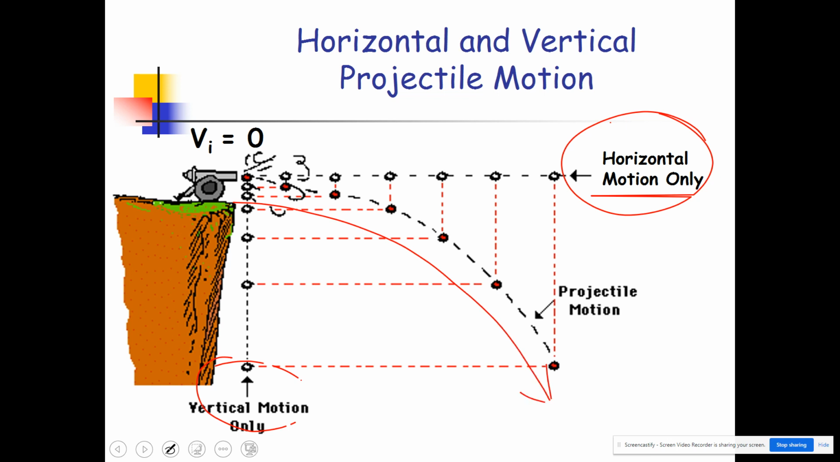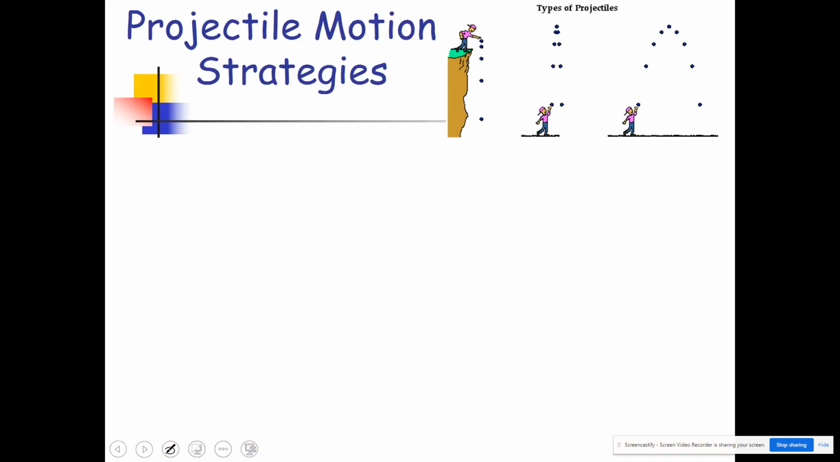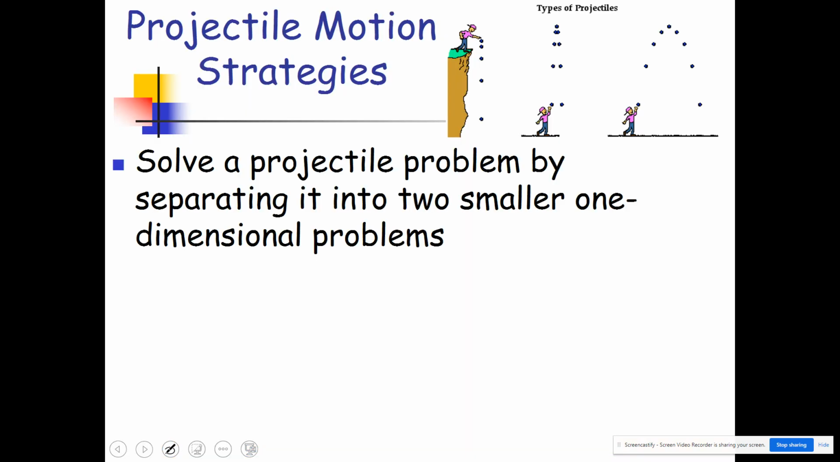The question is, okay, we can do calculations for the horizontal, we could do calculations for the vertical, but can we do calculations to figure that out? And the answer is yes, we can. And this is how we're going to do it. Okay, so to solve projectile motion problems, all we need to do is separate the math into two smaller